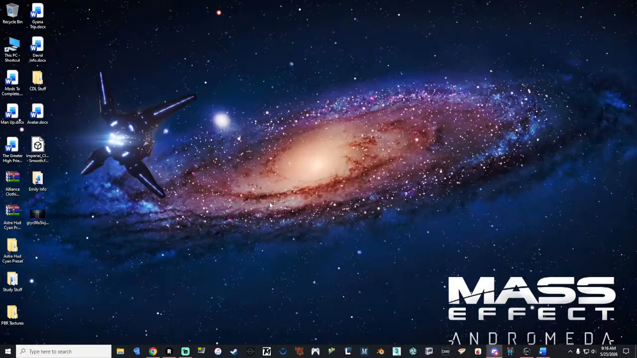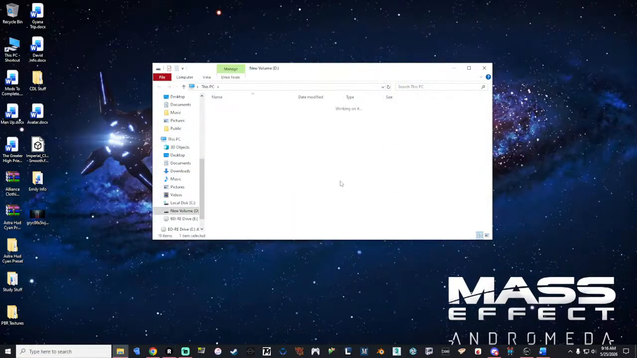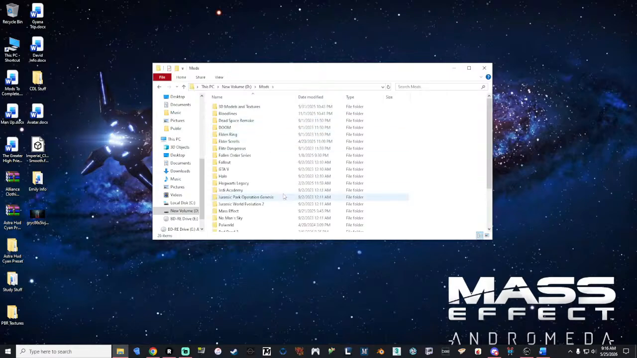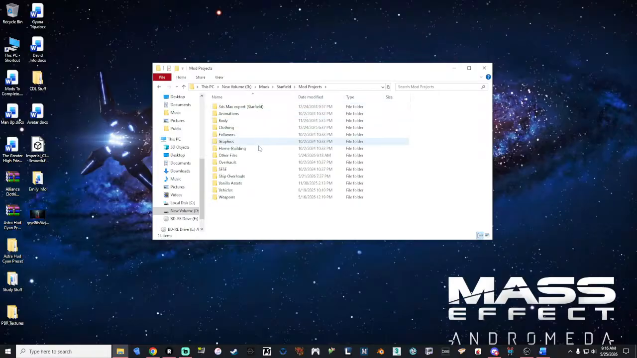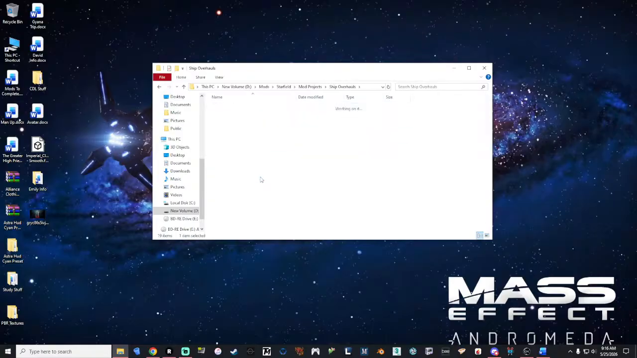We're going to be looking at the Creation Kit today and everything that kind of goes into that. Before we do that, though, a few things. You're going to want to go into your mods folder and your mod projects, and then find your mod and do yourself a huge favor. Inside of your loose files,